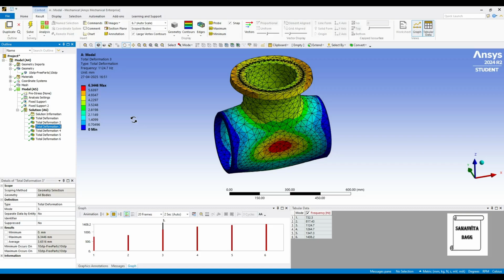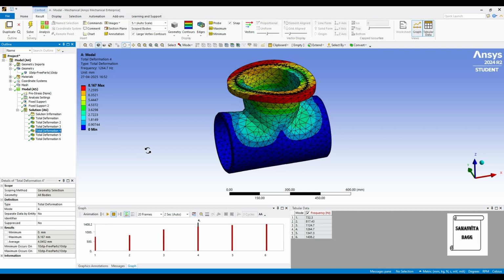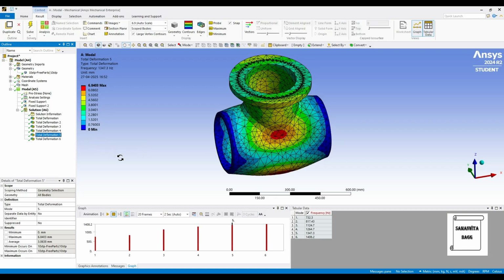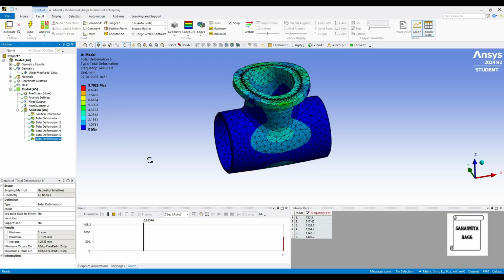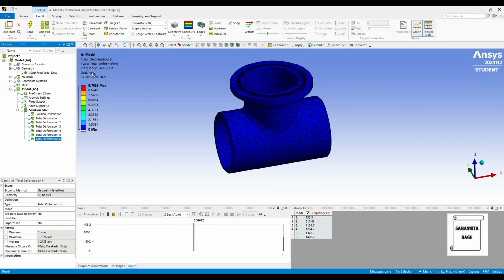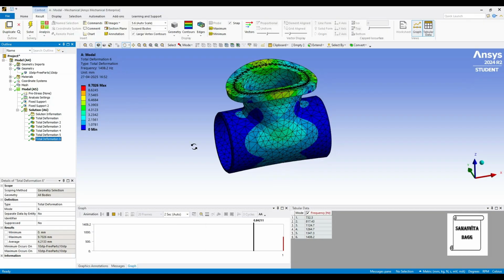But here it can be seen that since it is steel and the values of Young's modulus and Poisson's ratio are very close, these values are also quite close to each other. For the fourth one, the value of deformation is 8.167 mm and frequency is 1264.7 Hz. For the fifth mode, the value of deformation is 6.84 mm, value of frequency is 1347.3 Hz. And for the last one, deformation is 9.7 mm and the frequency is 1408.2 Hz. This is the pattern of motion.